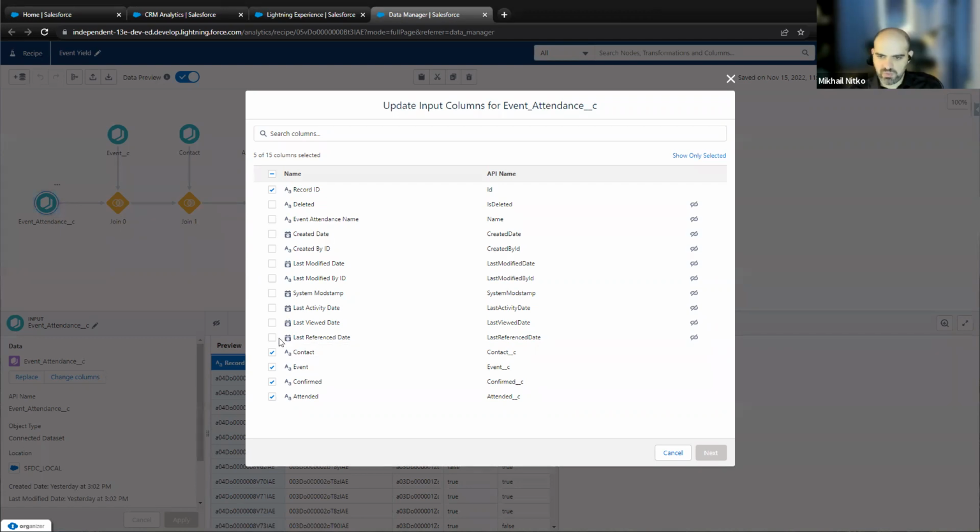Now you can actually see which fields you didn't include. But if you do choose to include a field here that you need for your recipe, make sure to run the sync before you try to work it through the recipe so that you have the data available to you. The sync is inside of the connections, and it can be scheduled on a regular basis, like to run at midnight, or to be triggered by another recipe. So let's say one recipe completes, triggers the next, then the next, then the next, so that you have things going in whatever order you want.